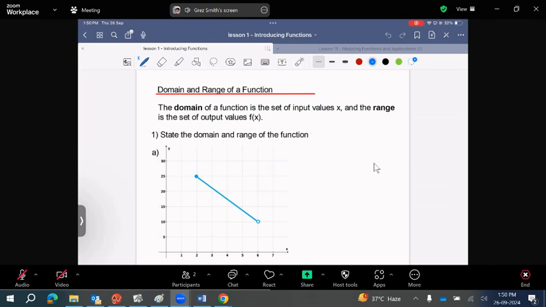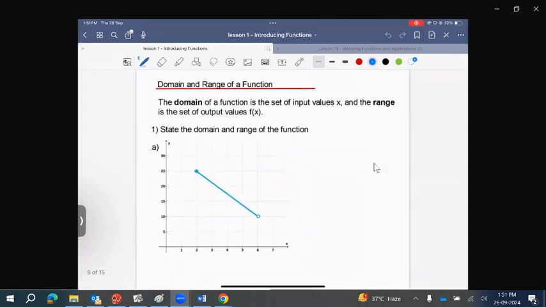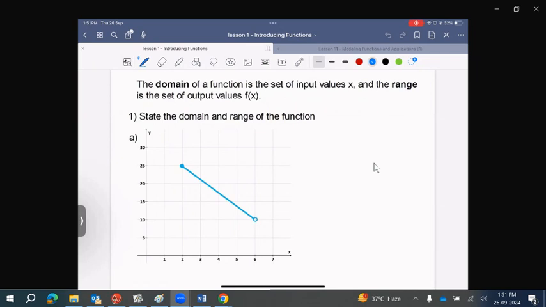Okay, so we're going to start off with a bit of a reminder about domain and range. So we can ask what the domain and range of a function is. If we look at the graph, we can read these values off. We're allowed to write it in interval notation, but typically in IB we use inequality notation. So for the domain,